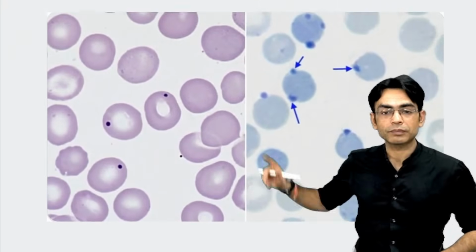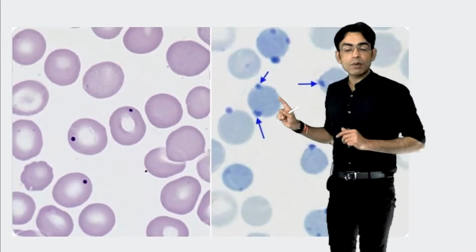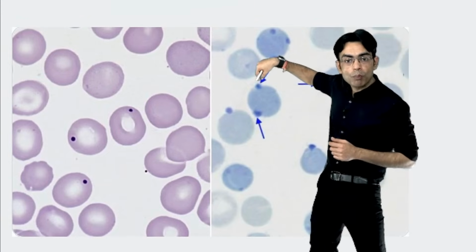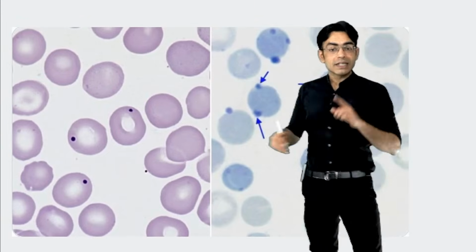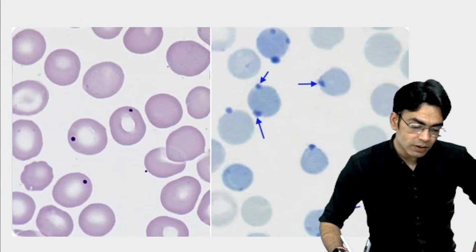Son, which cell is this? What is this? These two. Look, both of them are RBCs. Whenever you are having an RBC over which you are seeing a dot up, like this, in one corner on top, these kind of bodies are called as, what do you call them? Who will tell me?